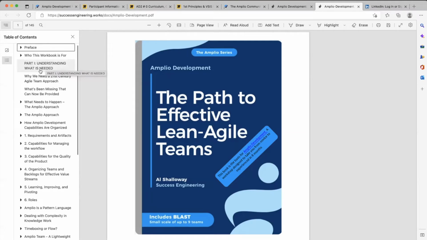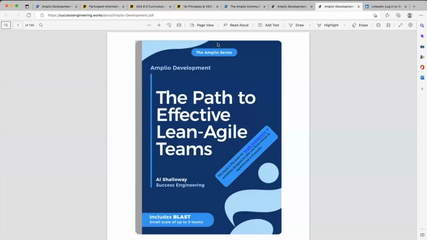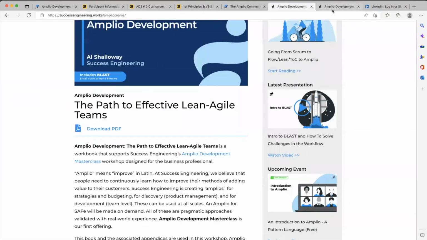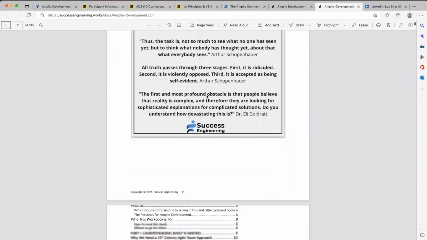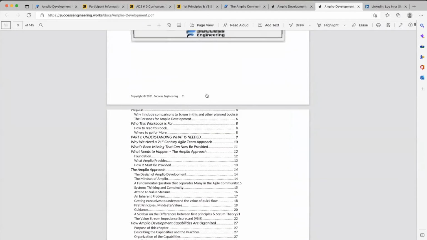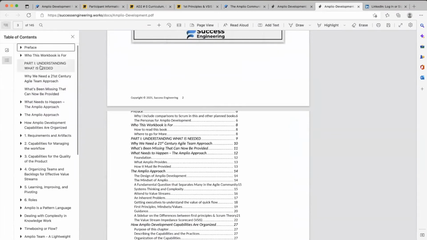So when I say part 1 understanding to dealing with complexity, well, that is weird. There we go. Part 1 understanding to dealing with complexity.